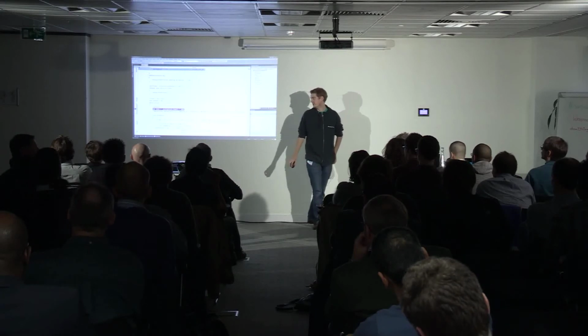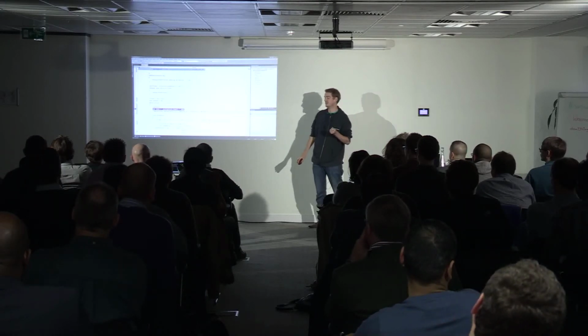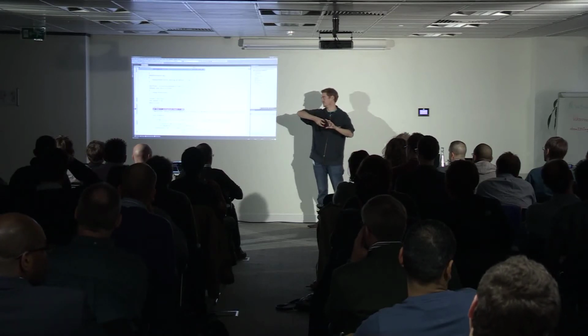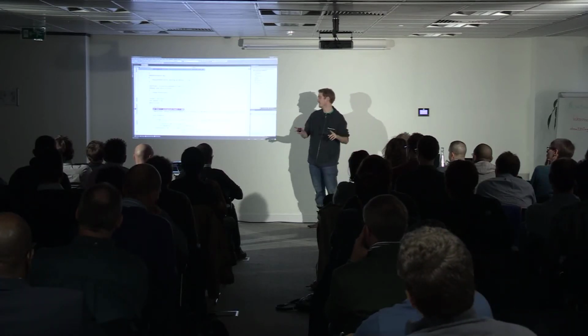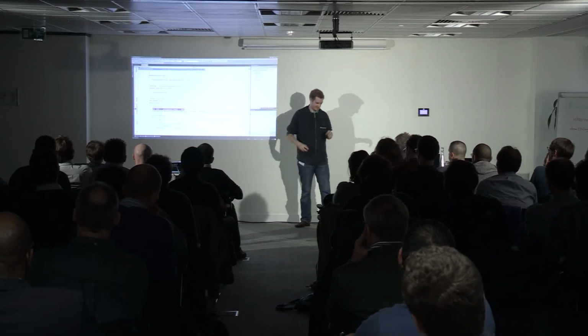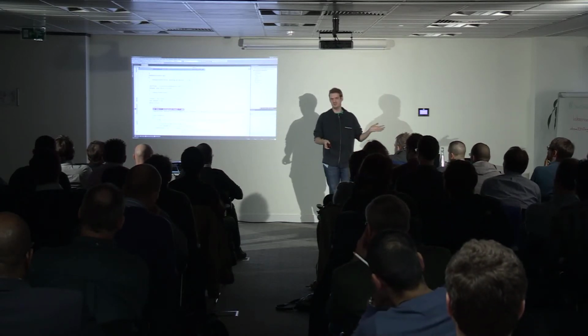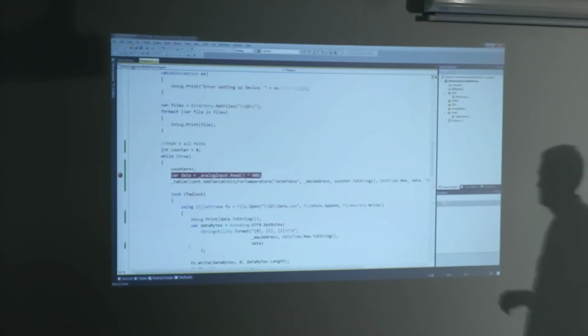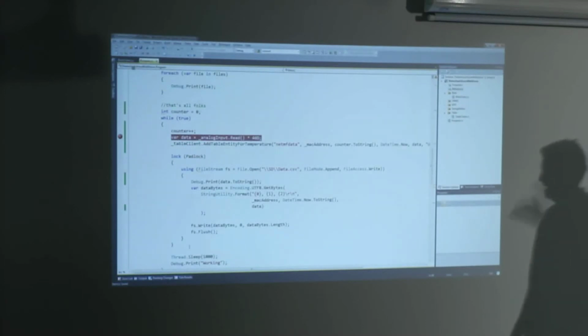So we will loop here in this while loop. And the while loop will read an input, which I've got from a potentiometer, which is a rotary encoder on a resistor. It gives you a value between 1 and 0. And it will multiply it by 40 to give us a faked out value between 0 and 40, which we can infer being a temperature. Then we're going to add that entity into table storage. And we're going to add it into a log file. You can see we're using a lock on a log file. So I did this basically just to show you that you can do locking.